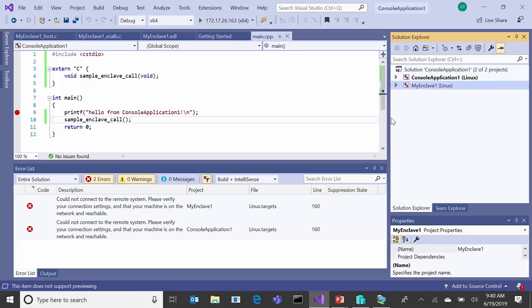It's just you don't have the headache of having to have a separate virtual machine or even a separate physical machine. It just works on the regular Windows. But otherwise, the workflow is the same. You create a regular Hello World application. You saw when I created the Linux Enclave application,